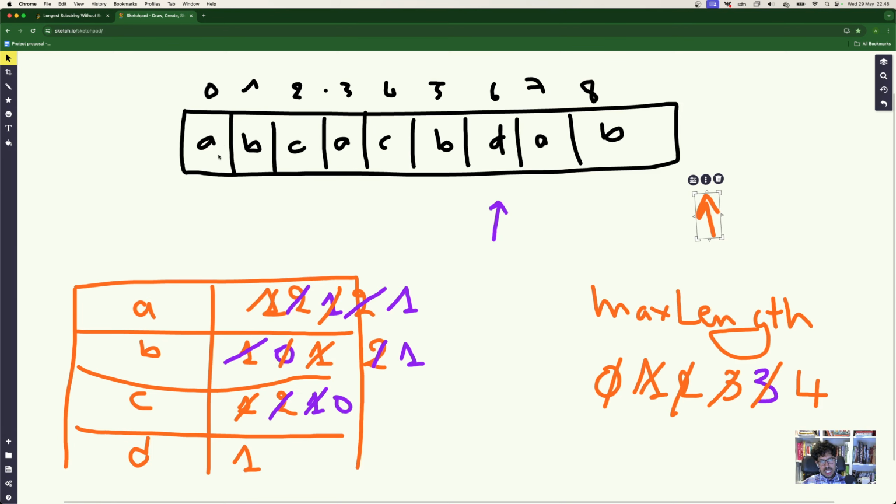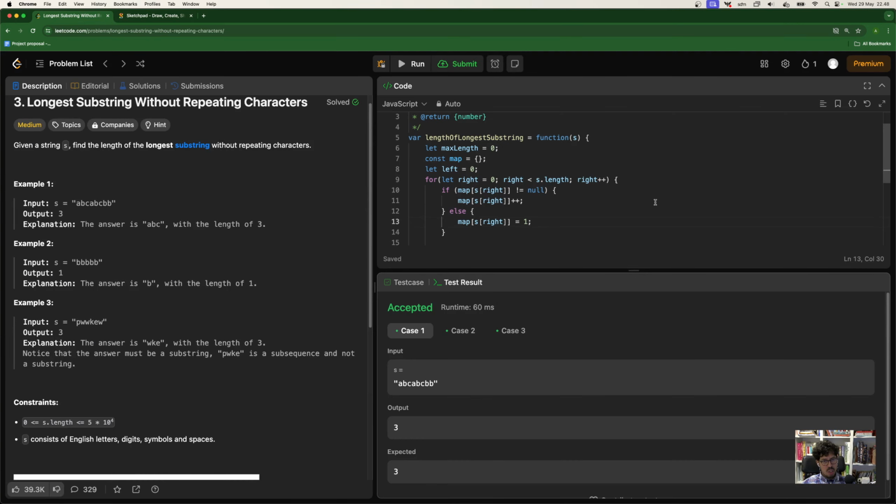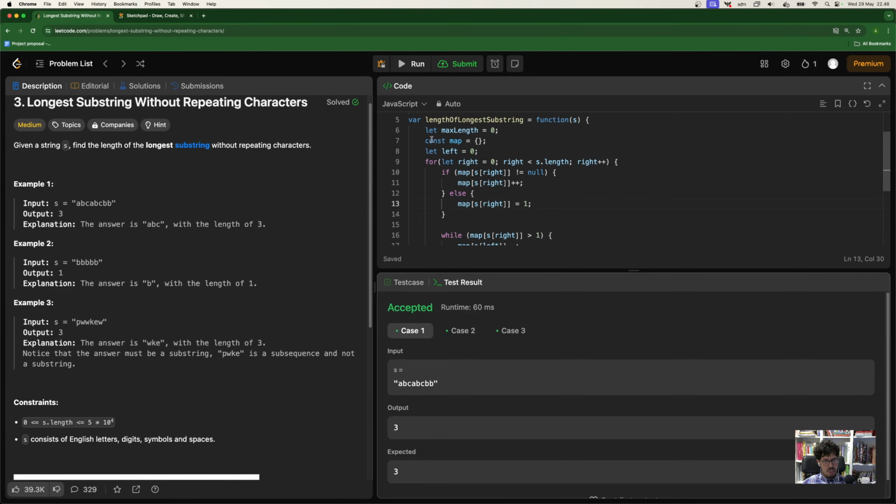The solution is, because we do only one loop, it's an O of n, and because we use a map to store, we can potentially store all the elements in the map, so it's an O of n in memory as well. So if we submit,